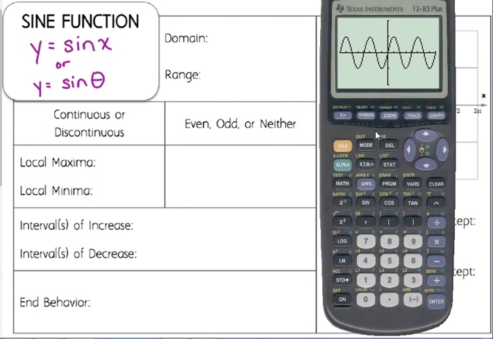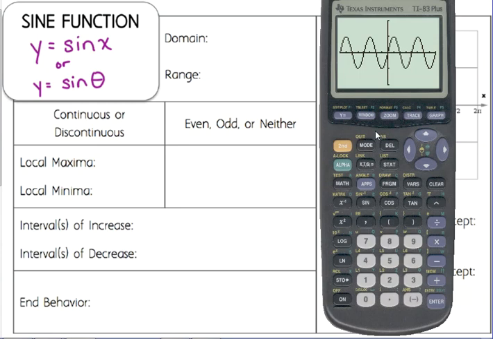So first of all, let's talk about domain and range, because you should be able to figure out domain and range for any function when you look at its graph. So when we're looking at domain, the question is, do I see any breaks in my graph? Do I have any holes in my graph? Do I have any jumps or anything like that? And we don't, okay? This is completely continuous. If I put my pencil over here on the left side of my screen, I could trace that entire graph